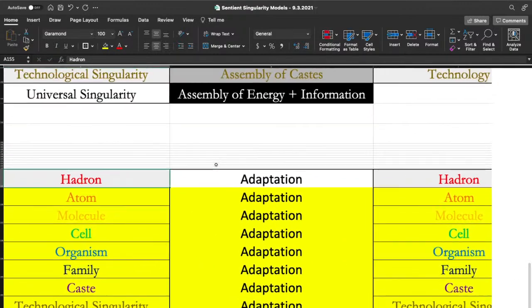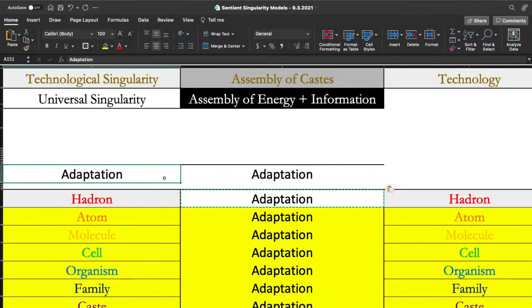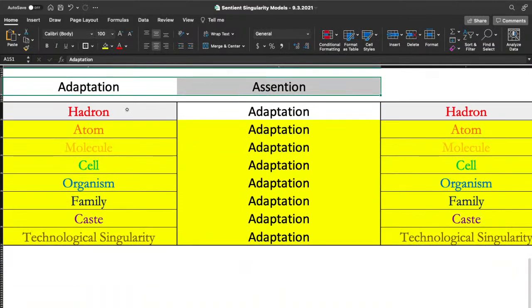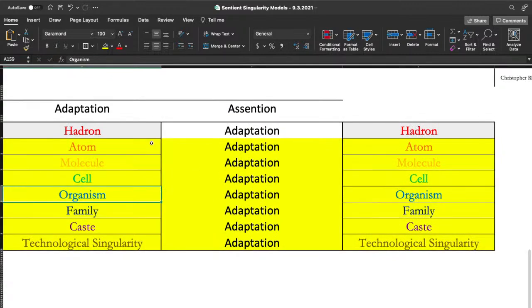But yeah, so there's basically two sides to evolution, and it is adaptation and ascension. And so ascension is what happens to go from an atom to a molecule, from a molecule to a cell, from a cell to an organism, from an organism to a family, from a family to a caste, and from a caste to a technological singularity. Each one of these is an ascension, and it might actually skip. I mean, it doesn't really skip, but it kind of forms this pattern of